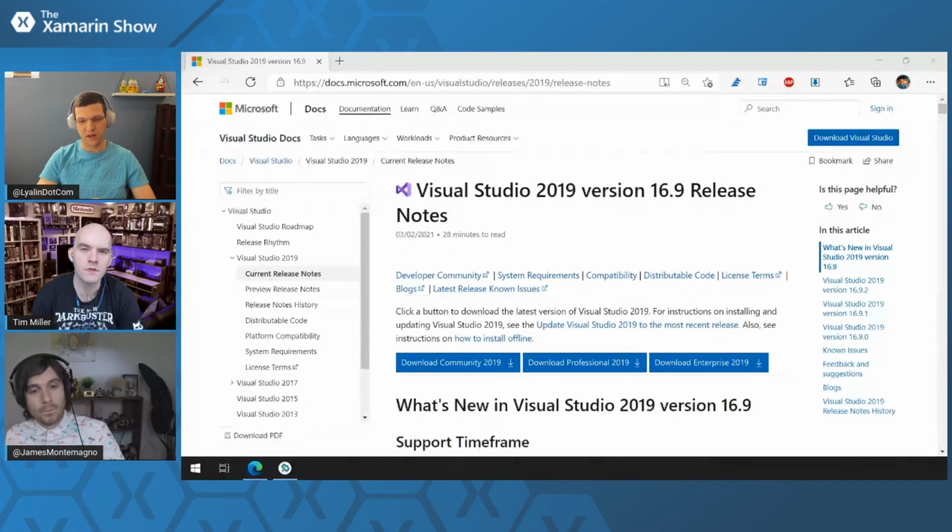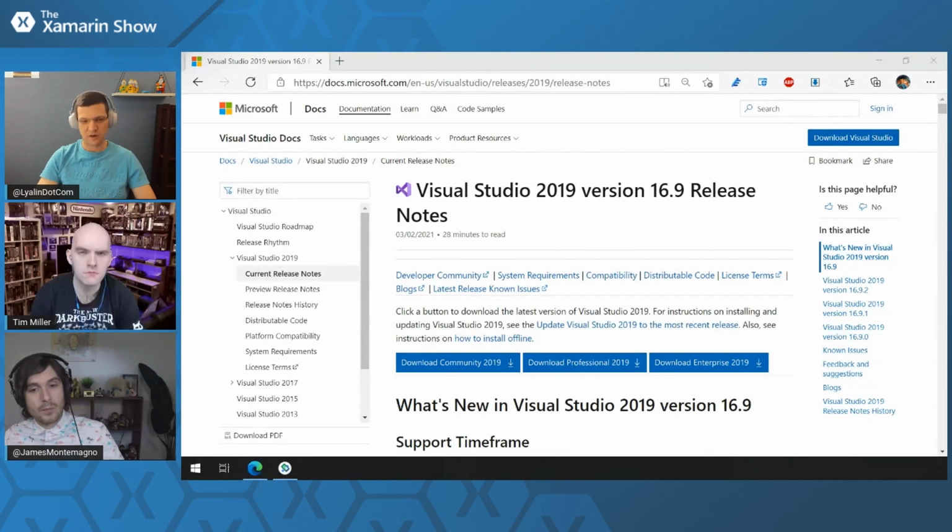So we've been working on XAML Hot Reload for a while for Xamarin Forms developers. But just to put it in context, XAML Hot Reload has been around for a couple of years now for desktop developers. We've had this ability if you're a WPF or UWP customer, and more recently if you're a WinUI customer. So it works everywhere. And we've decided to bring it to Xamarin Forms developers about a year ago. We started this journey, and it took us some time to get there, but now we consider this technology fully baked, GA, and available for Xamarin customers, starting with Visual Studio 16.9, combined with SDK 5.0.